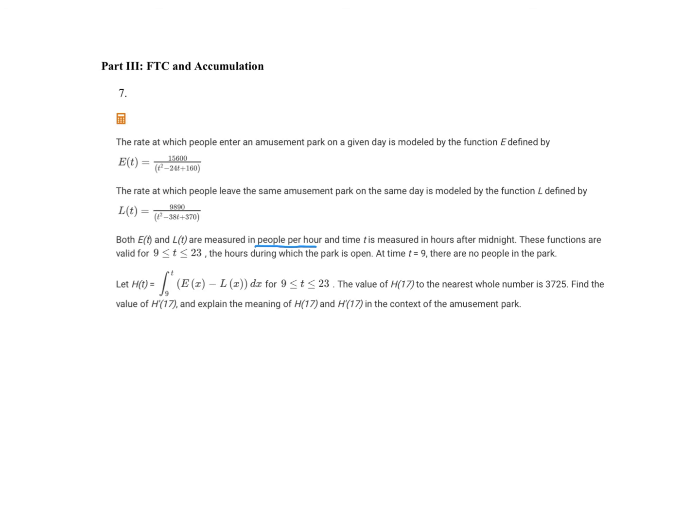Okay, so the big idea here is when we do the integral of a rate of change, we get an amount. So if E of t is the rate at which people enter the park, if I were to write an integral from 9 to t of E of x, I'm going to change this to an x just because I need to use a different variable, E of x dx, that would represent the amount of people who have entered the park